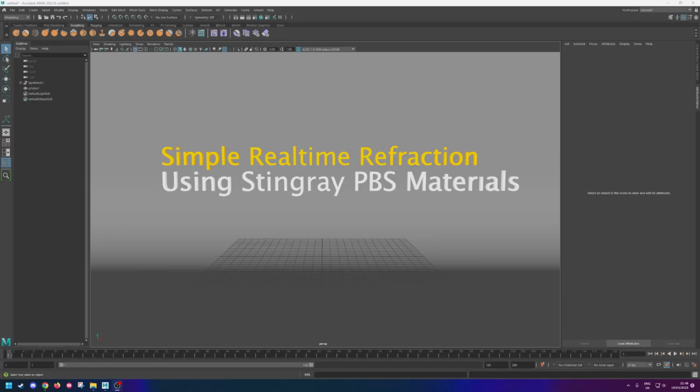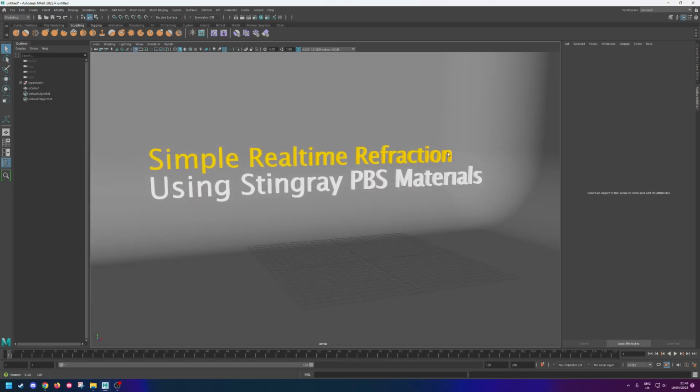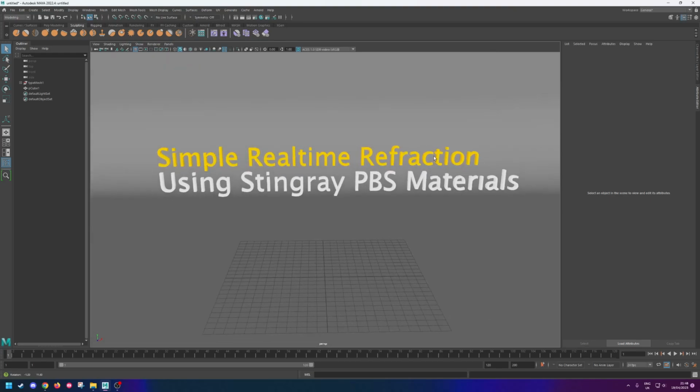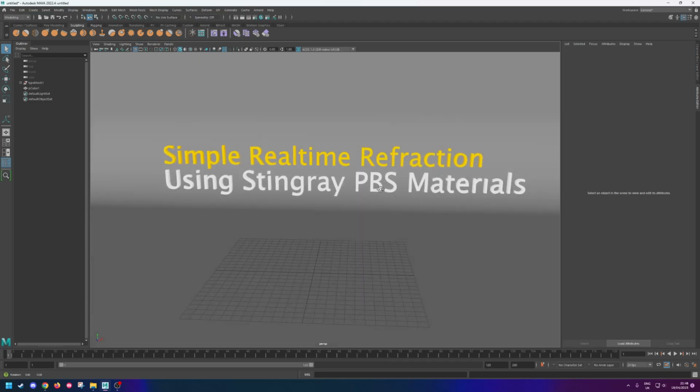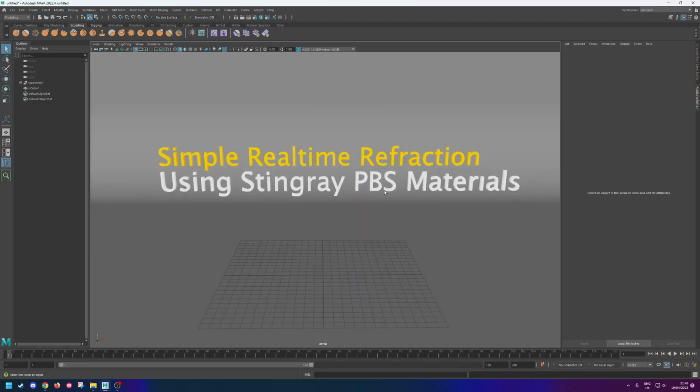Hello and welcome to this bite-sized tutorial on simple real-time refractions inside of Maya. Real time is always a benefit to us because we get results instantly, and that's a good thing when we're trying to work in certain types of workflows, including that of previs, which is supposed to be a snappy sketchbook way to approach how we previs things for films, television, computer games, and all that sort of thing. So if we can get things running in real time and nice and quickly, then that